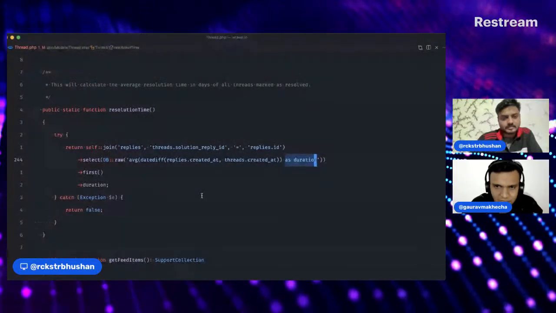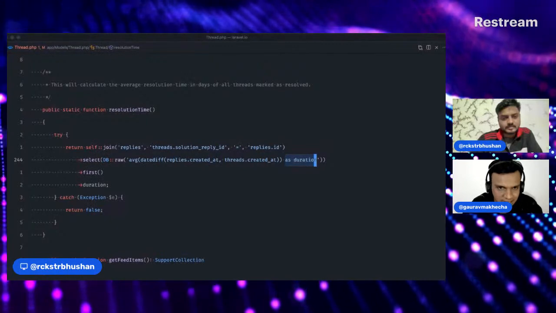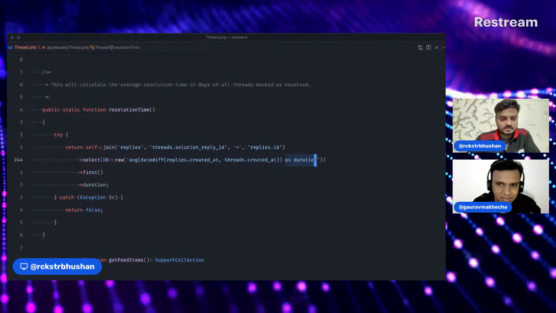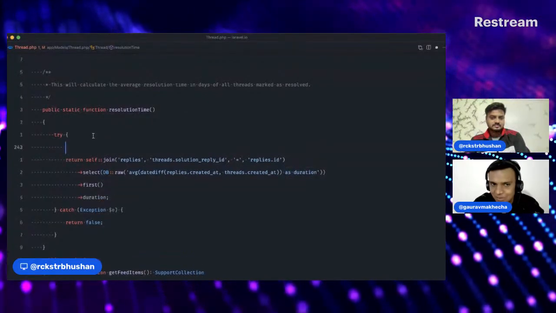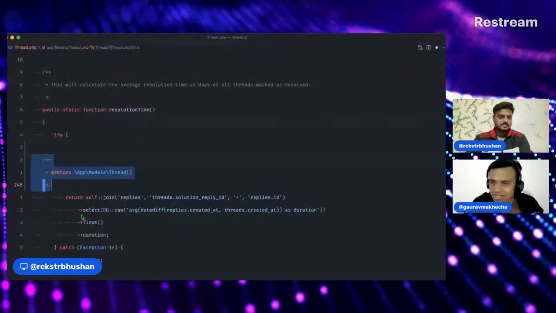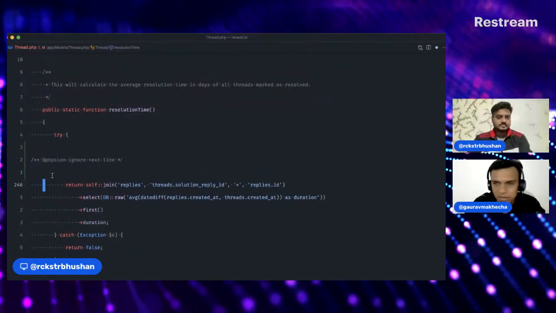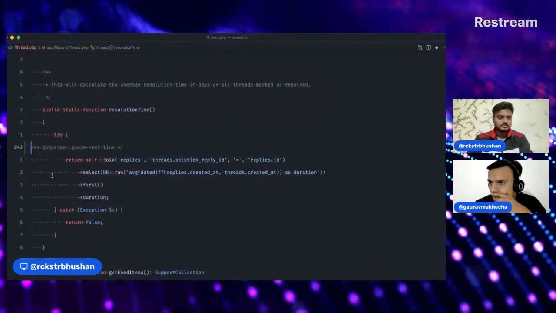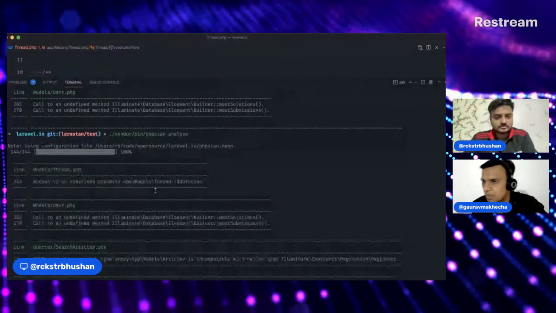And the quicker way for now is to again add an ignore doc block saying just ignore this next line, because it's actually not the PHP's job. This is MySQL's job inside PHP. That's why it's not happy with us. So you can just say ignore next line, just what we did before. Yeah, you can do it and it will be fine. Okay. You can move to the next one, which is similar.